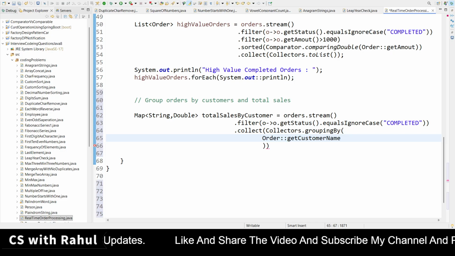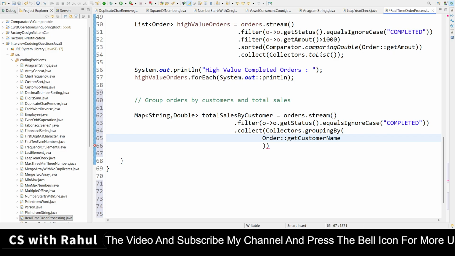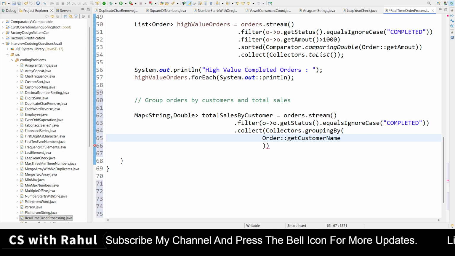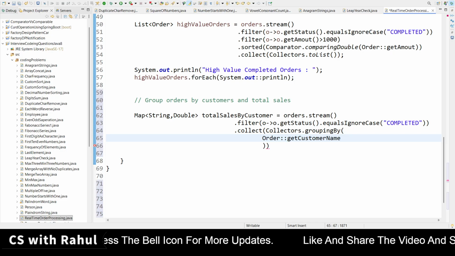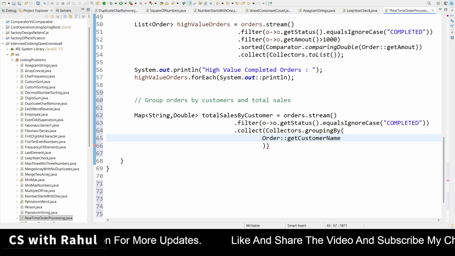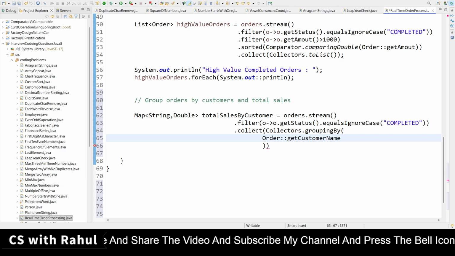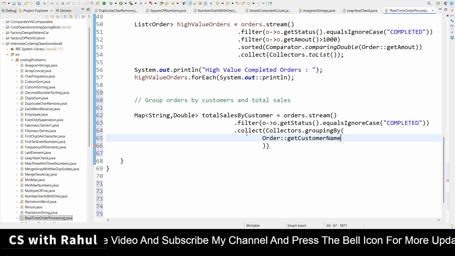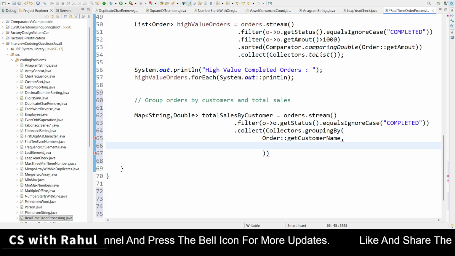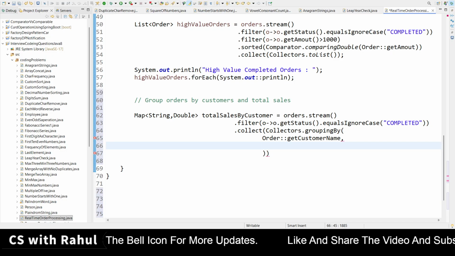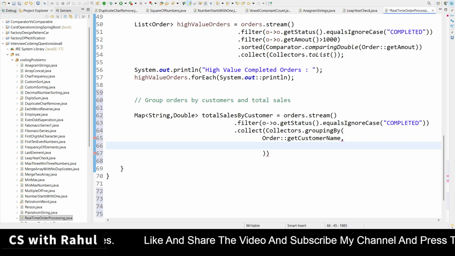Okay, another parameter, what we have to provide? We have to store the value. Here we are finding the key, grouping by. First thing we have achieved is the map's key, for which we have provided the string type, right? Map with string type and double type we have provided. And here we have achieved the key. Now we have to find out the value. So Collectors dot, which type of value is this? This is amount, right? Total sales, how we will get it? Total sales we will get by adding the amount. Amount is which type? Double type. So Collectors.summingDouble.